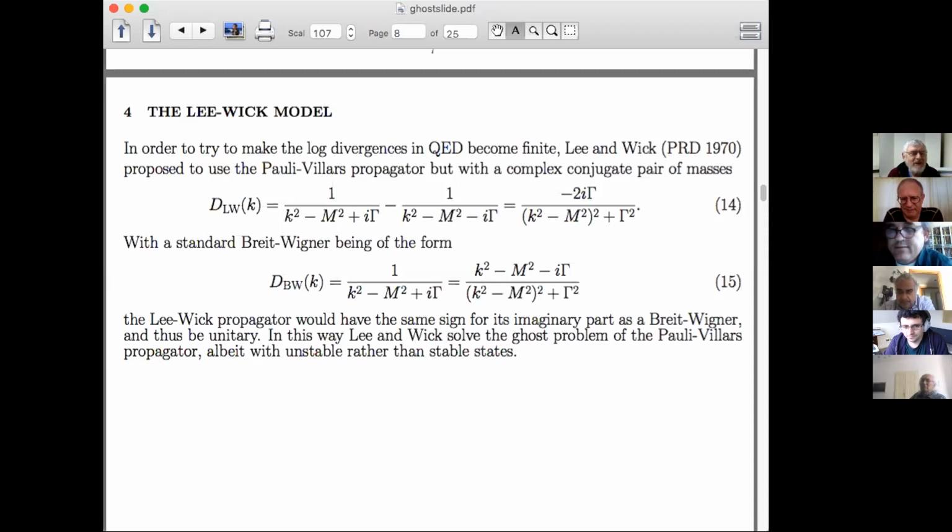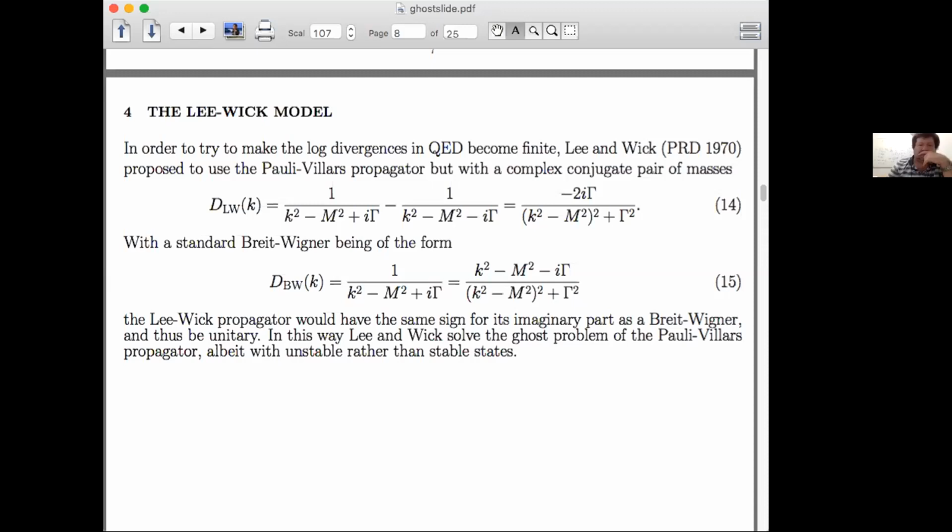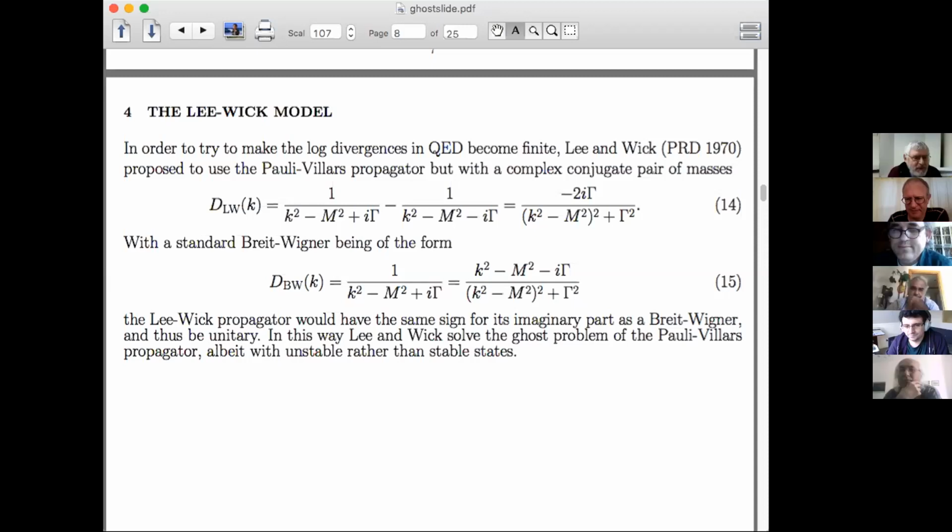Okay. I'll give you an even earlier example of that same phenomenon. Take the Klein-Gordon equation with the wrong sign for the mass. Right. Okay? Minus m squared instead of plus m squared. You can solve the wave equation, and the energies are the square root of k squared minus m squared. So for small enough k, some of the energies become imaginary. Even though the Hamiltonian is just p squared minus m squared, there's no sign of any non-hermiticity.